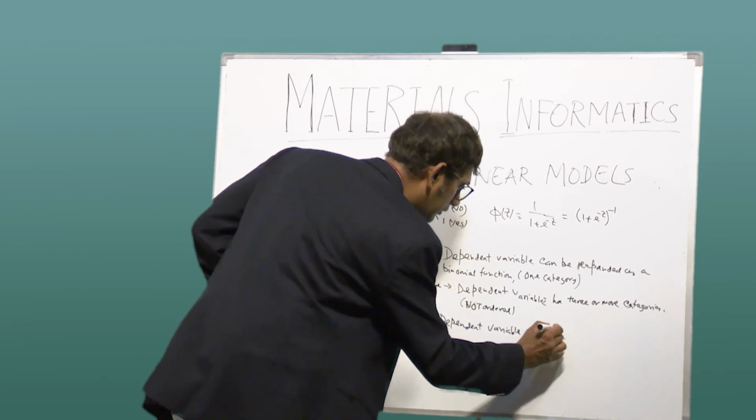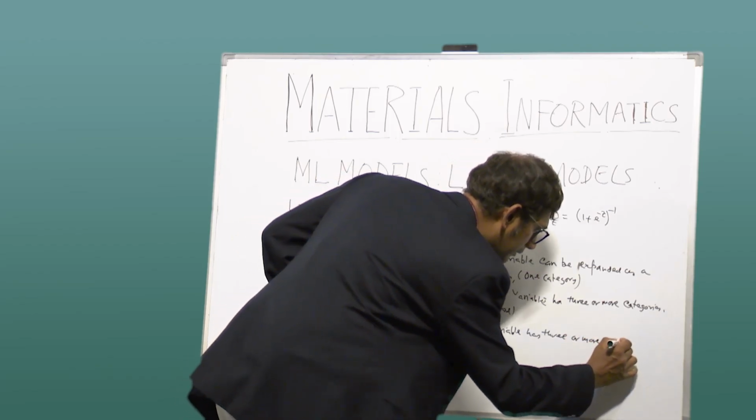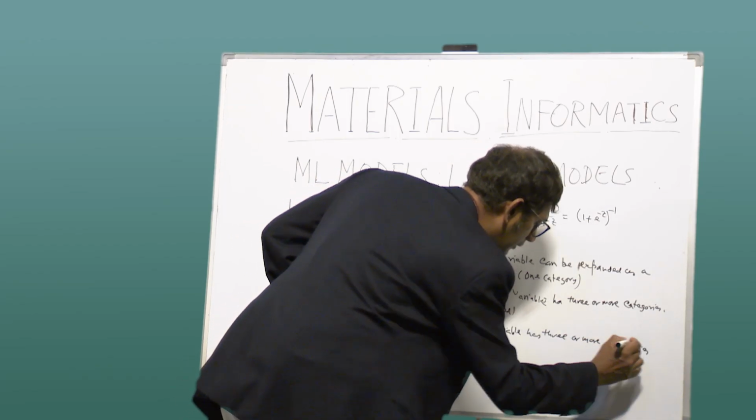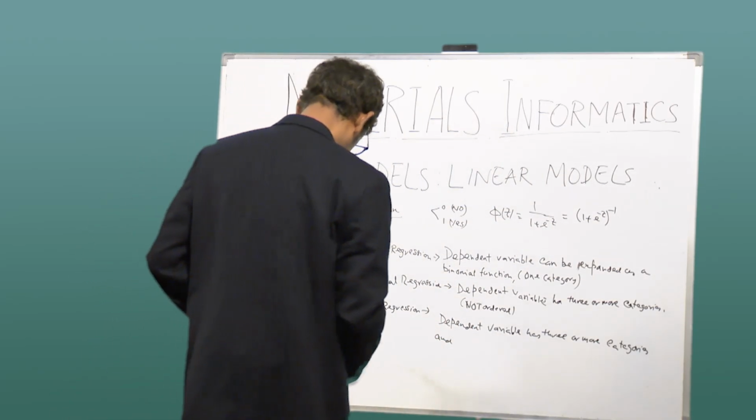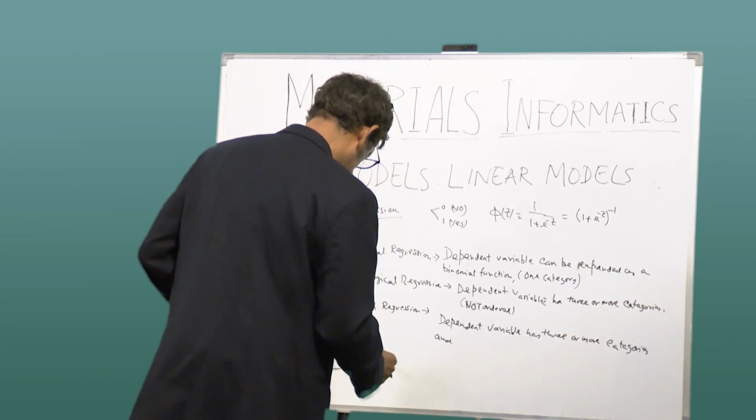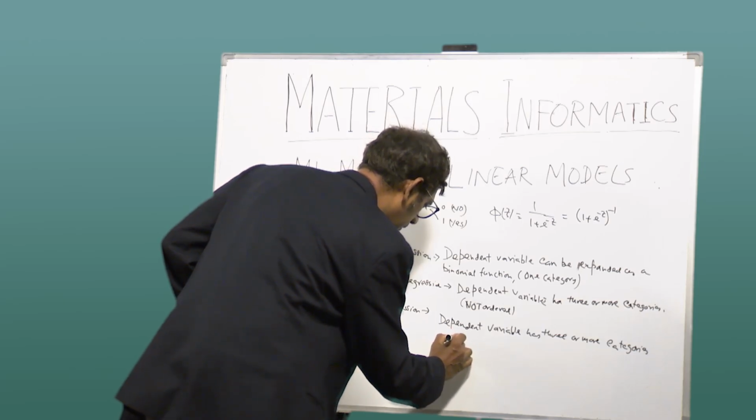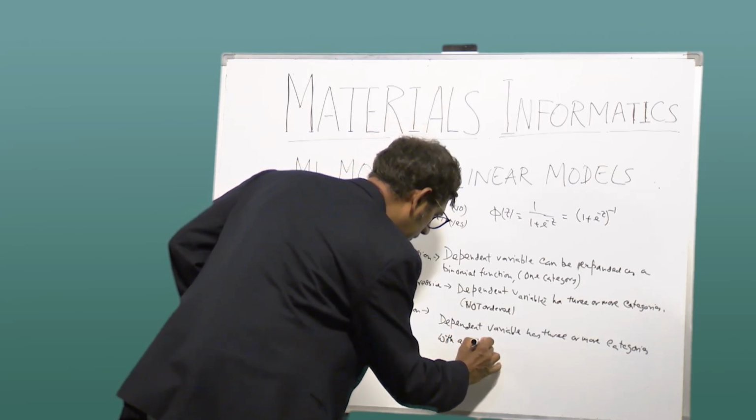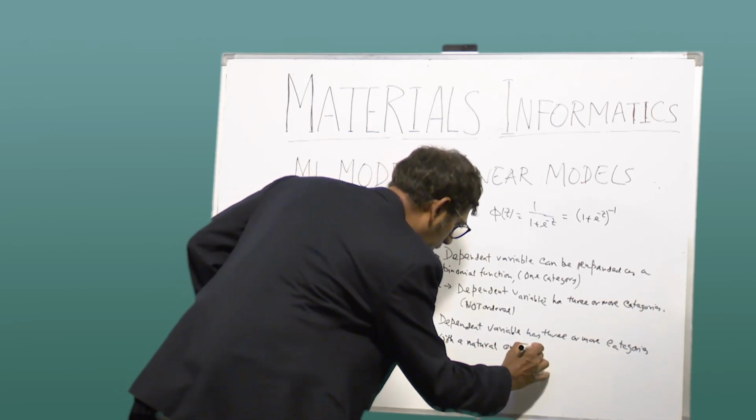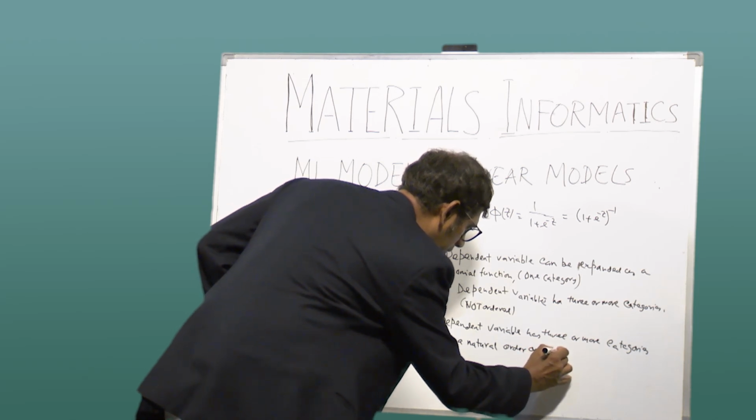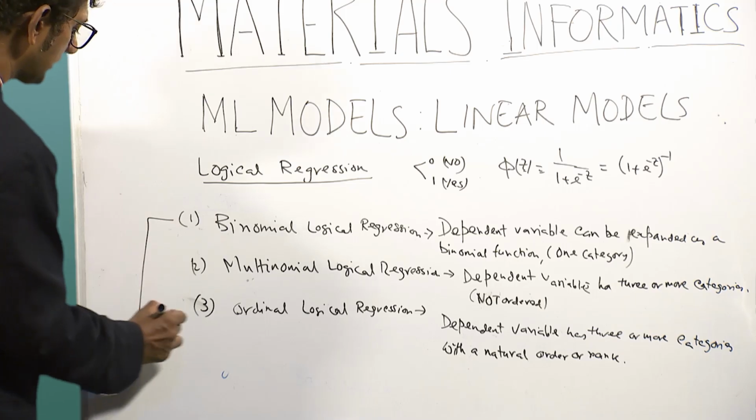Three or more categories, and these are with a natural order. Order or rank. So, there are 3 different types of logistic regression: